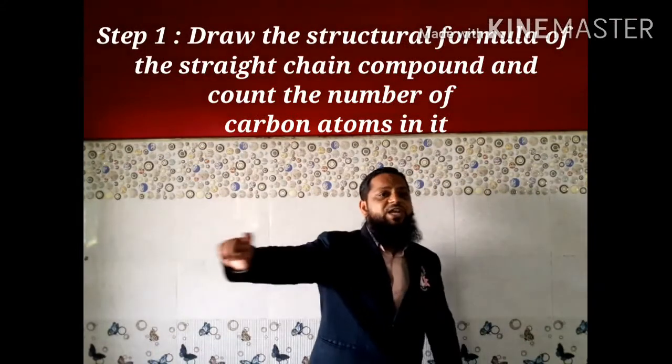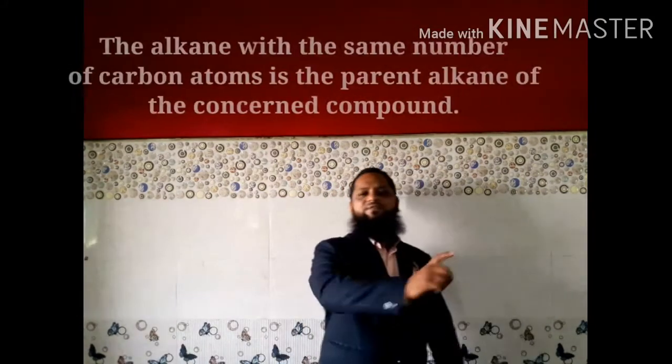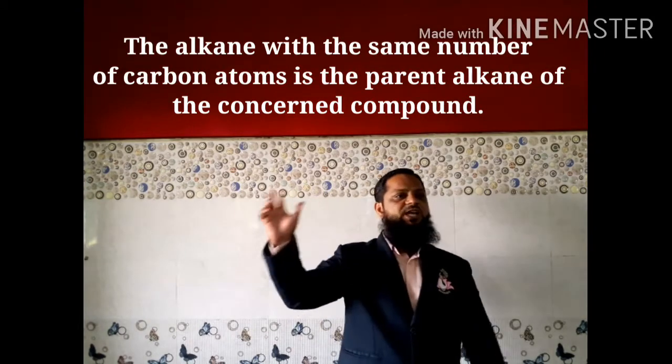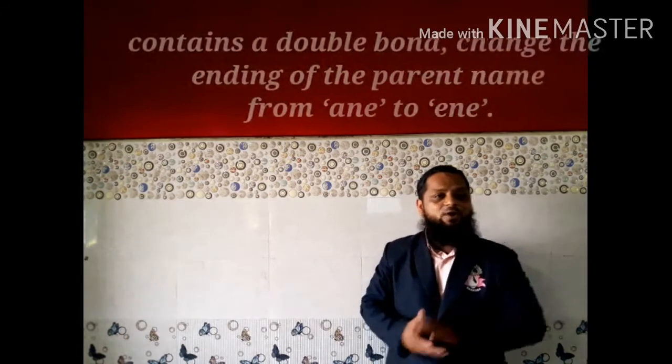The steps in IUPAC nomenclature of straight chain compounds are as follows. Step first. Draw the structural formula of the straight chain compound and count the number of carbon atoms in it. The alkane with the same number of carbon atoms is the parent alkane of the concerned compound. Write the name of this alkane. In case the carbon chain contains a double bond,